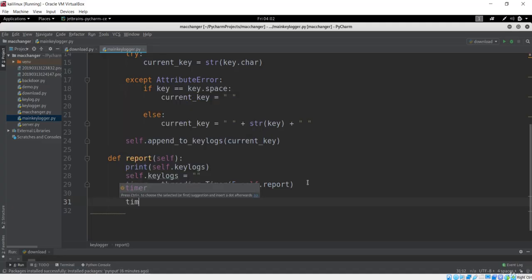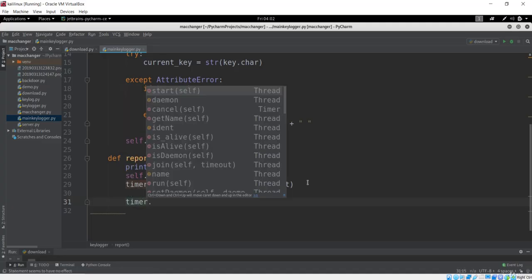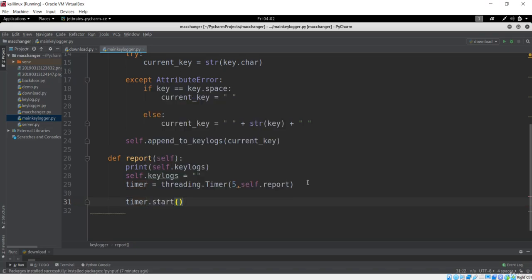And let's now use this timer, and this timer is basically the method to start this thread. So we have just started the thread, but now we have to create that thread. If you just remember from the previous lecture, there was going to be this start method that is going to run the threads. So this start method is basically the method of this threading module. If you go to this threading module documentation, you will see that this start method is going to run or basically execute that thread.